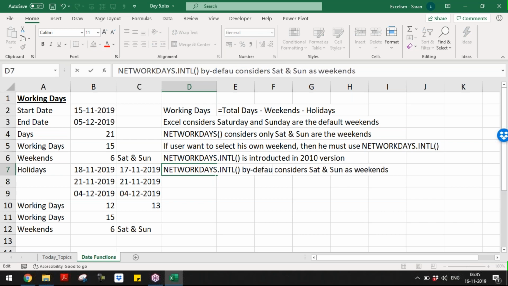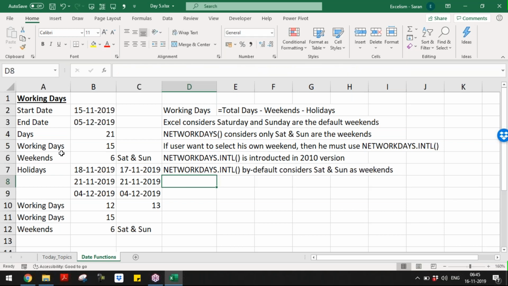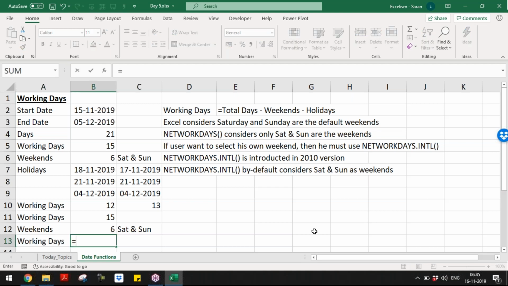But if the user wants to select his own weekend, I should enter the third argument. Now let me calculate again, working days equal to NETWORKDAYS.INTL. What is the start date? This, comma, what is the end date? This.